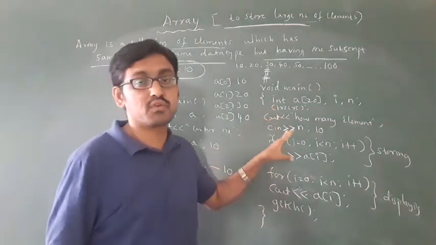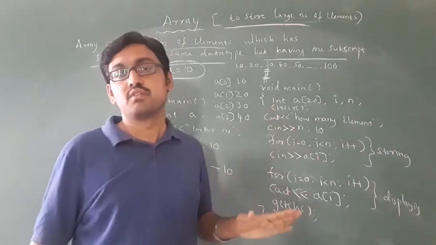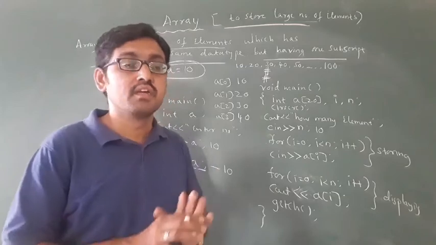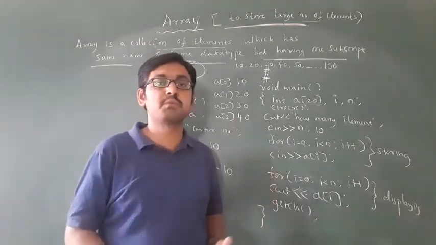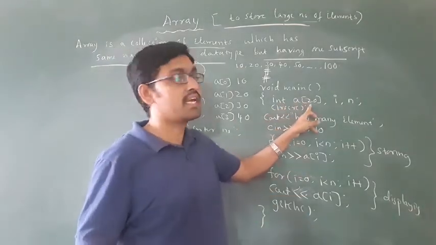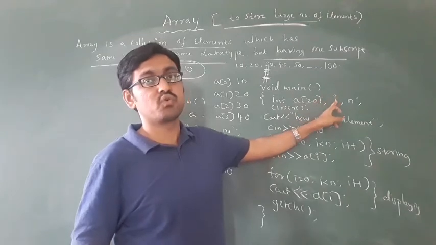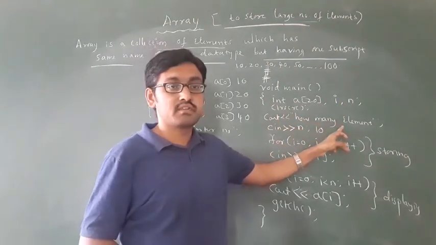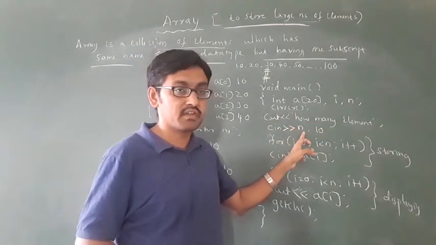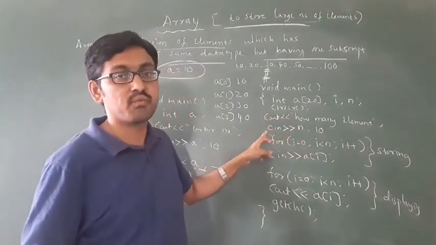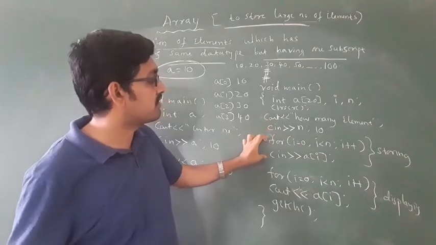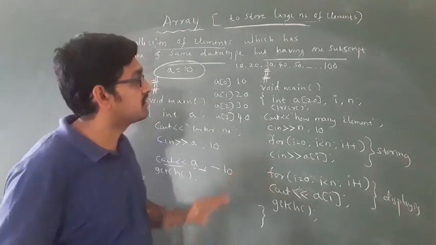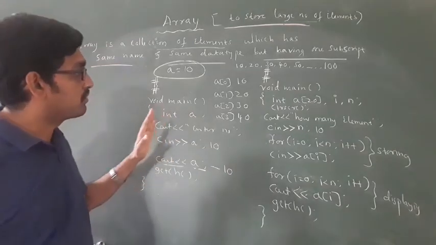Okay, this is what this is about array. This concept ನಿಮಗೆ ಗೊತ್ತಾಯ್ತಂದ್ರೆ it's very easy. Okay, the programs are very easy. Second year programs are very easy. In this program what you have to remember: first how to declare an array, must and should you have to use i then n. Okay, then see how many elements, cin n. These are common things in every program. After that follow with cin statement, follow with the cout statement. Okay, this is what this program is about.